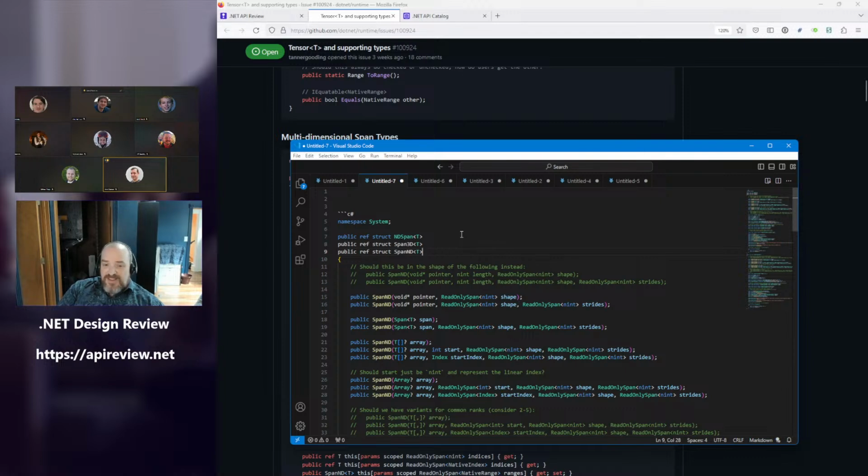I think that a Span2D might be used by something like ImageSharp, but again, my gut from having looked at this before, and I'm serious, like 100% serious, is that I don't know that I'm smart enough to use this, and that means I don't think it will have prevalence. People might try to figure out how to write Span2D on top of it, but I don't know that people are going to use this.